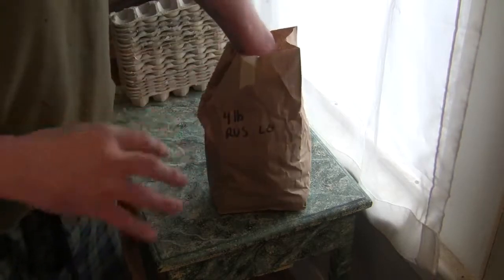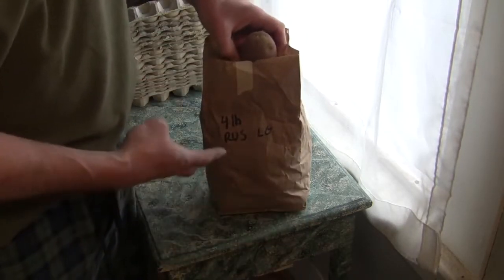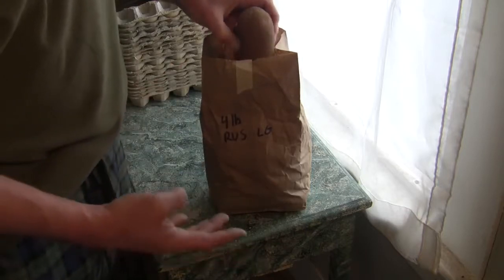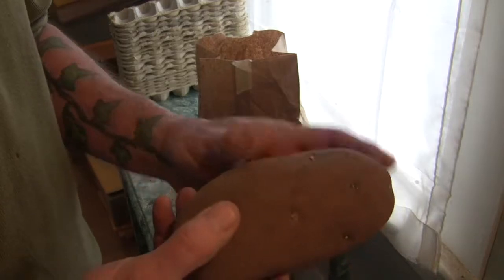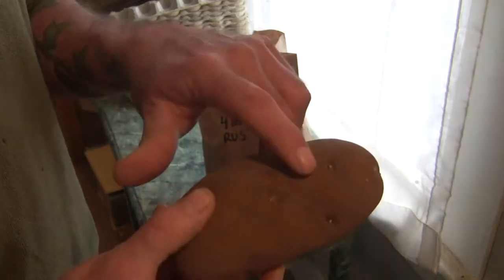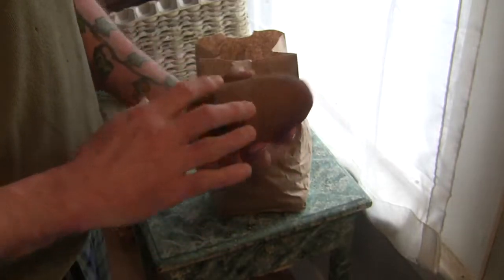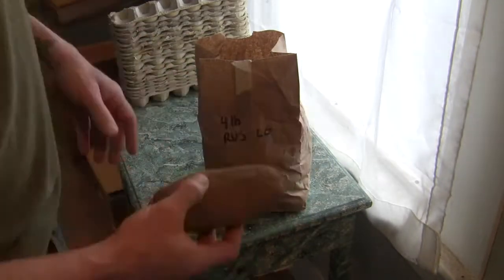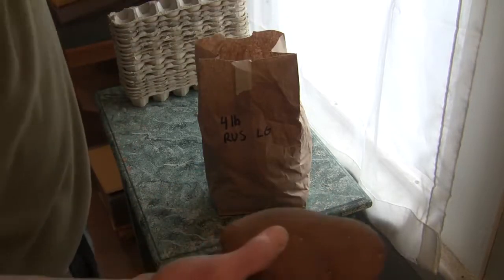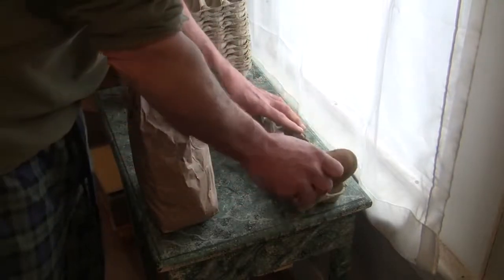The other thing about chitting and planting, I'm using the potatoes I grew as seed potatoes. As you can see, maybe the eyes are just starting to poke out, which is a good sign. I am picking the nicest potatoes I have left in order to plant. So this stage of the chitting is very simple. I am just going to put these into